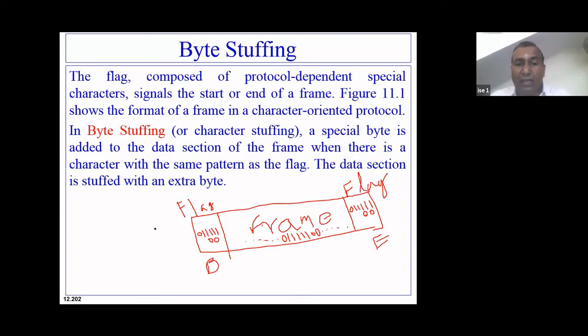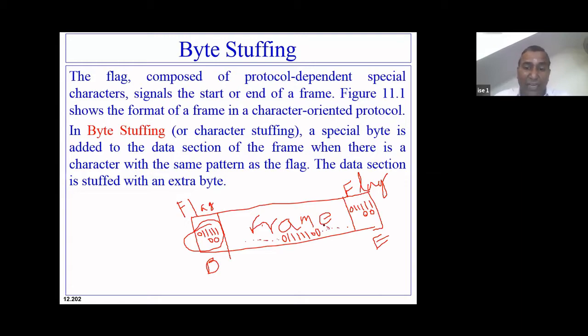Now, at the receiving end, when it starts reading this particular frame, this is the beginning of the frame, because the receiver knows that flag is always represented as 0 followed by 5 ones followed by 2 zeros. It starts reading the data part till it encounters a flag.